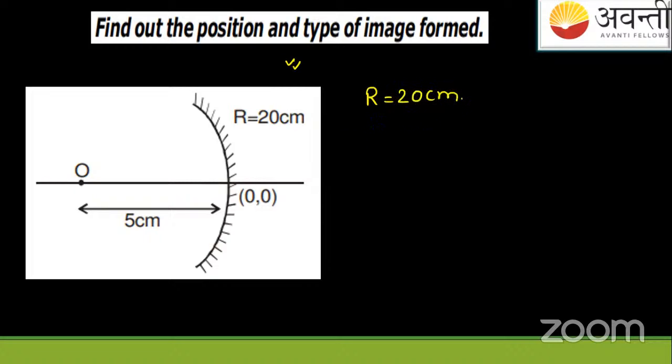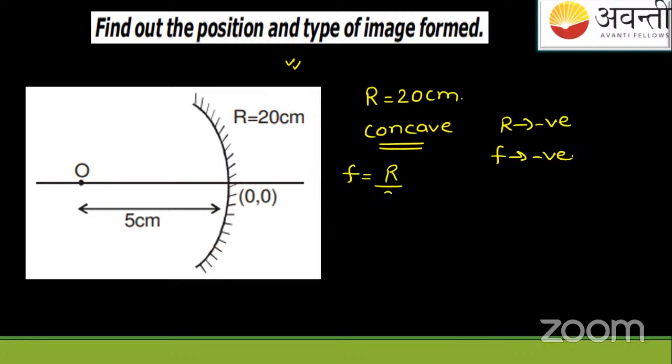Since this is a concave mirror, radius of curvature will be negative, and focus will be negative. ठीक है? Focus is equal to R by 2, that is 20 by 2, 10 centimeters. But since it's a concave mirror, the focus is